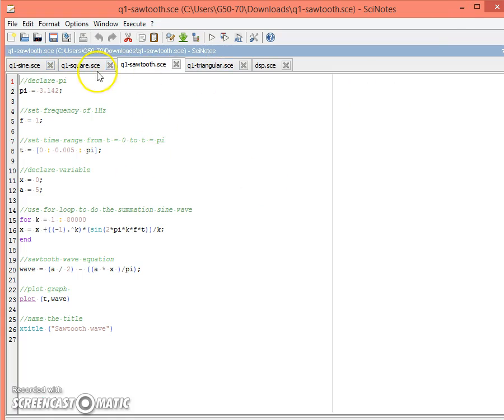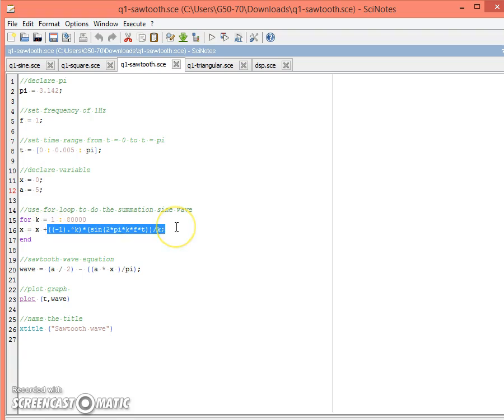We use the sawtooth wave just as before with the square wave and triangular wave. But for this sawtooth wave we need to add one more parameter, a, which is the amplitude. Here I set my amplitude to 5, a constant number of 5. So as usual, we change the